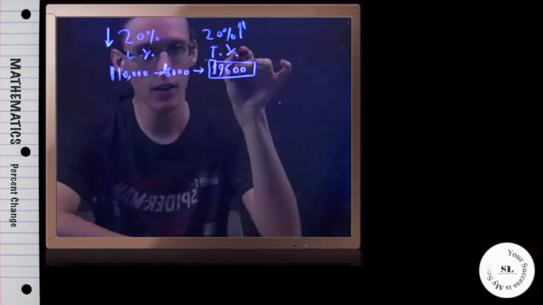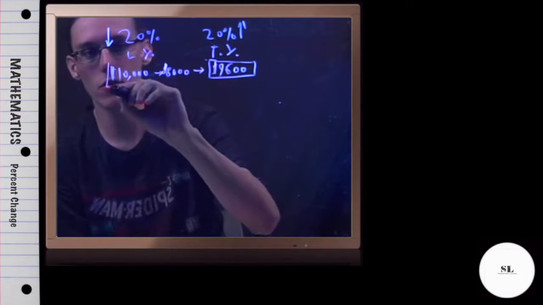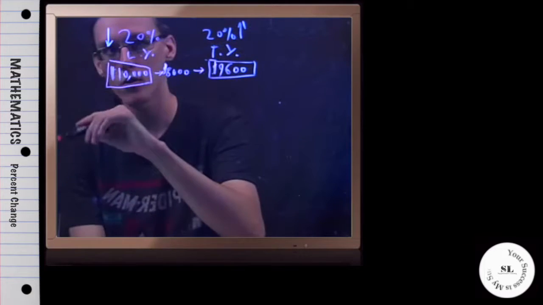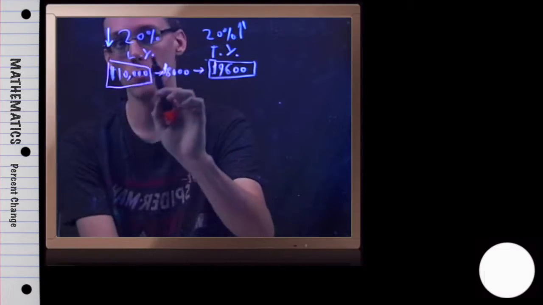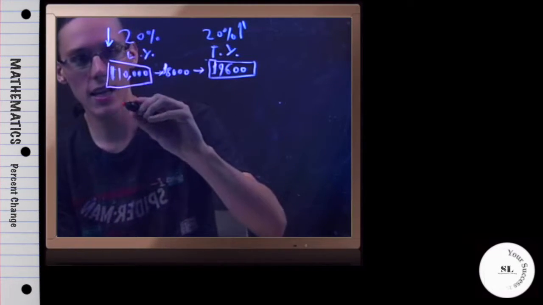So now, given this, that we've got the 9,600 as our final value and the $10,000 as our initial value, we're asked to figure out the percent increase or decrease, which in this case we can see as a decrease because we had more than what we ended with. And so we're going to do this. I'm going to say, all right, it's 10,000